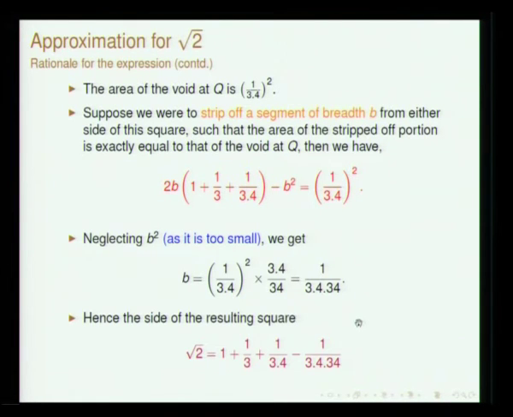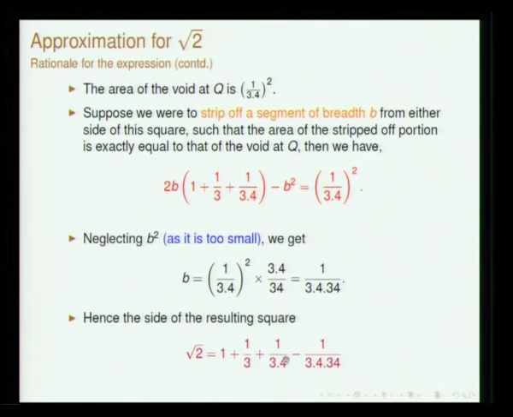The expression that is given in the Shulva Sutras is a very interesting expression in the sense that you will find 3 here, the same 3 appearing added with a 4, and then 3 4 into 34. The next term I think will be 3 into 4 into 34 into 1154 or something like that, and this can go on and on. This is a sort of rational approximation for the surd, which will be recurring.